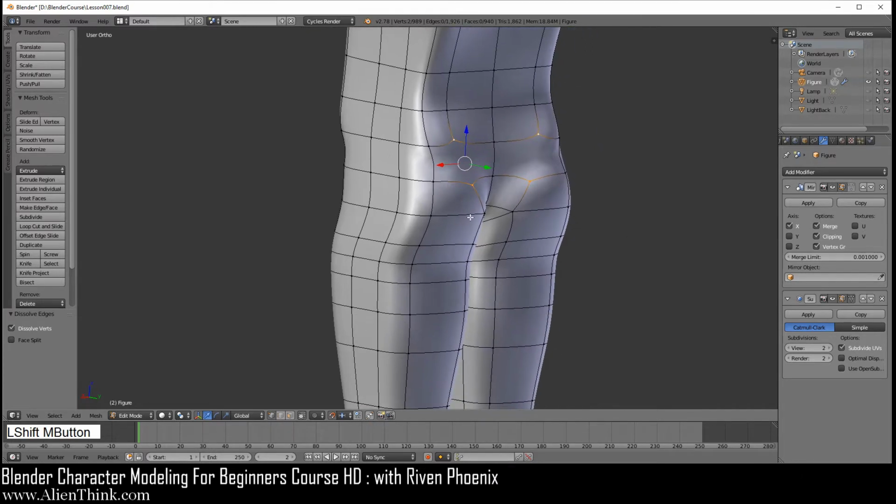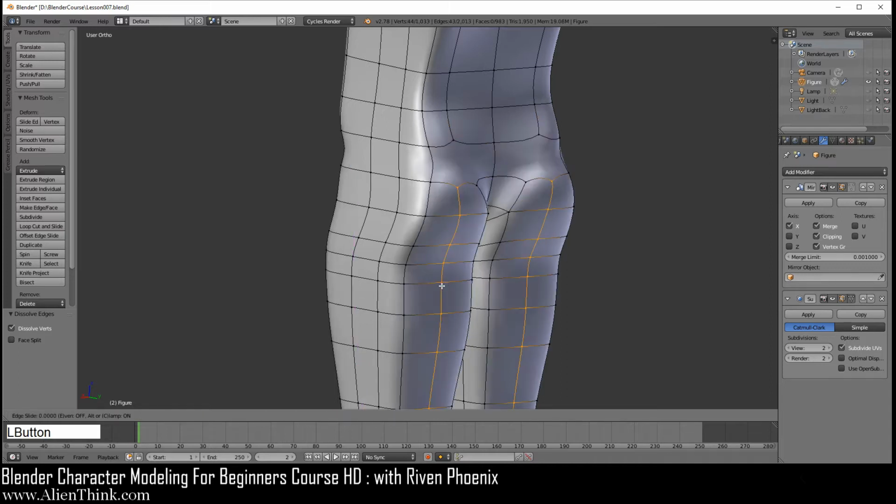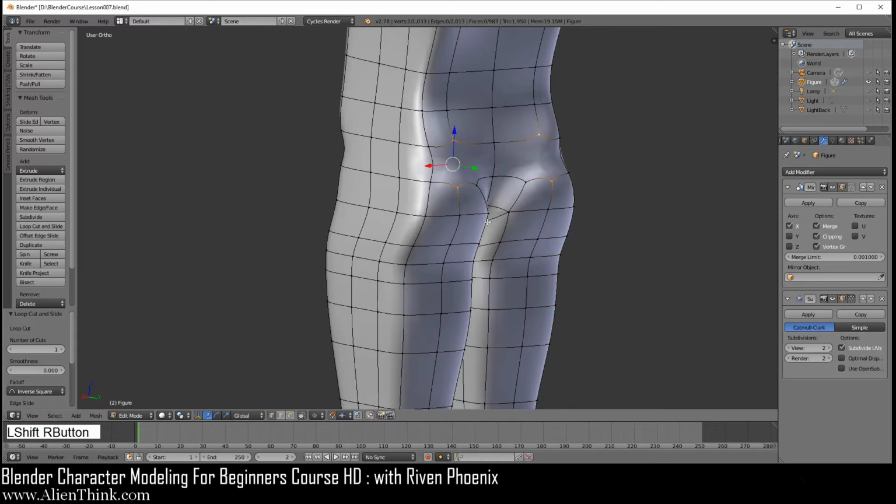Now the reason we did this is because we need to actually add an edge loop over here. So if I do Control R, you'll see that it goes in the front and the back. So I'm going to do left click and then right click. So now we can simply click on this one and press the letter J to join. Okay, so if I press J, you'll see what it does. It simply adds an edge, and it also figures out how to solve the faces for you.